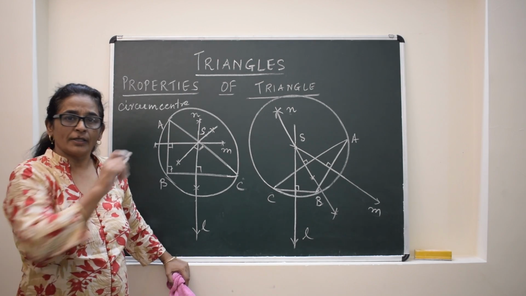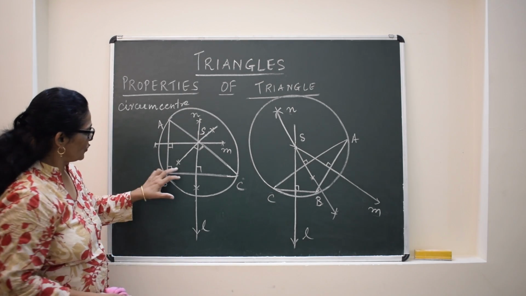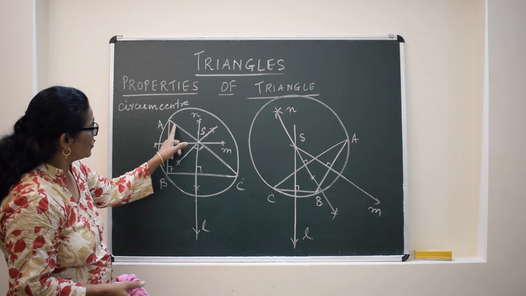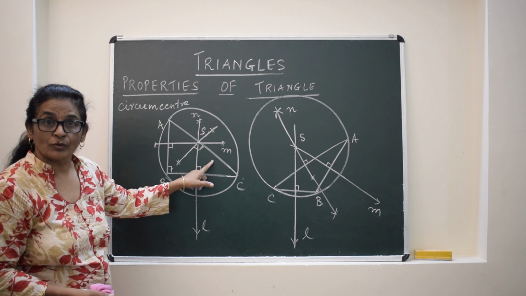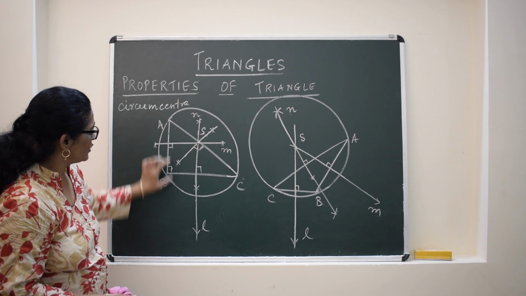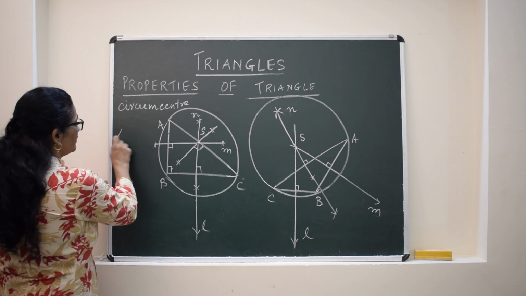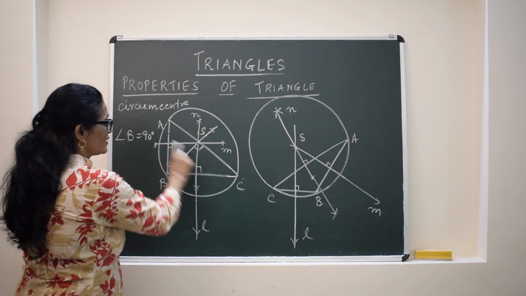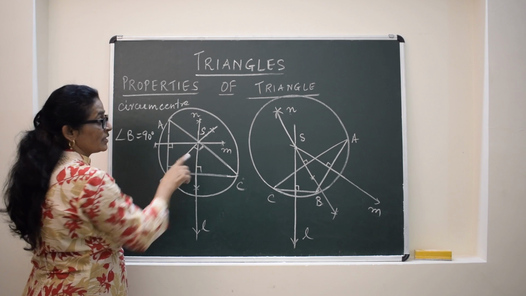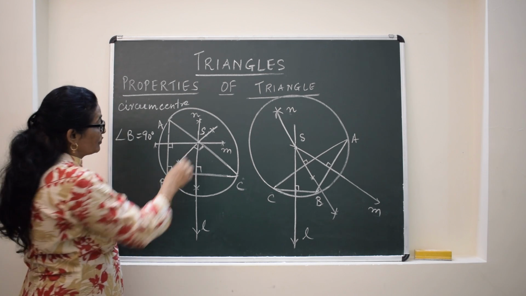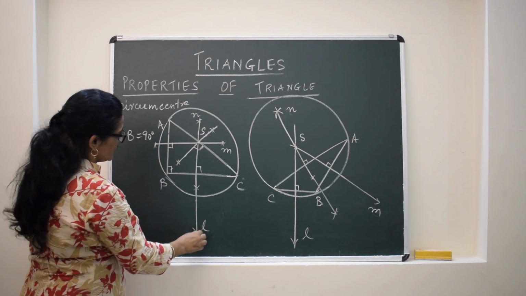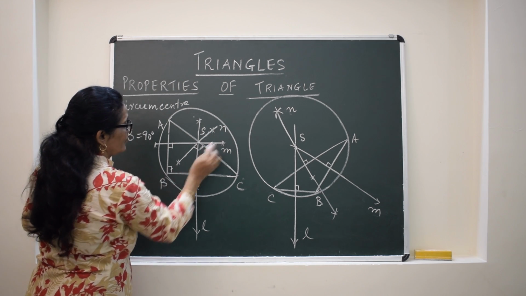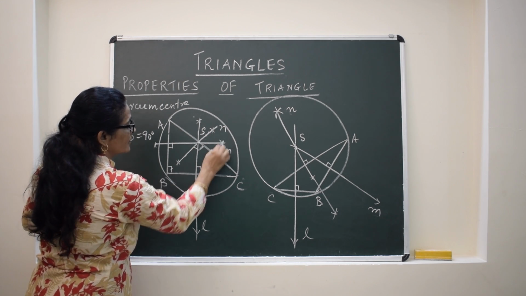First we saw an acute angle triangle. Now, in a right angle triangle, the circumcenter may lie on one of the sides. So this is a right angle triangle ABC where angle B is equal to 90 degrees, a special case I have taken. If you draw the three perpendicular bisectors, this is L, this is another one N, and this is the third perpendicular bisector M.